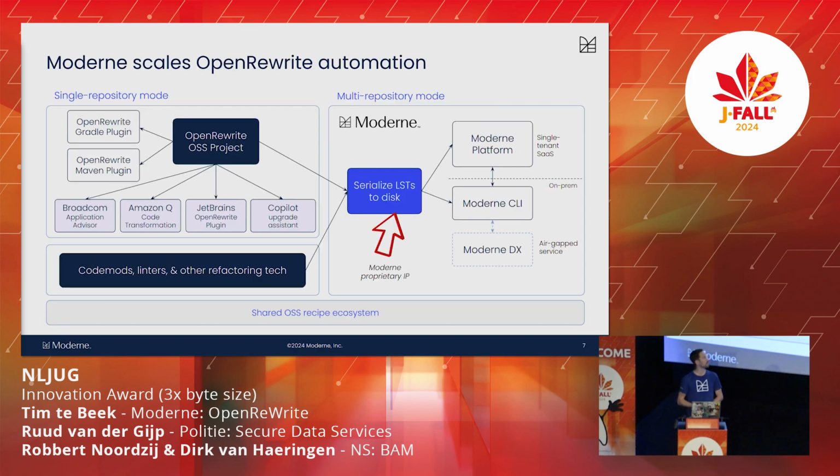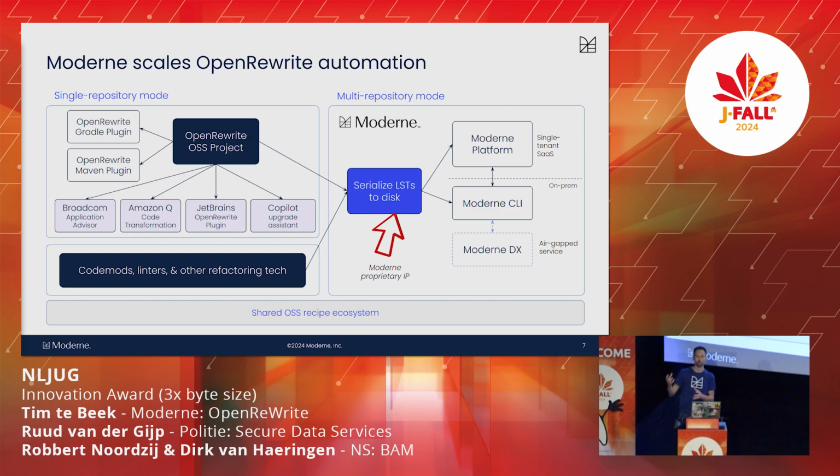And you can see that very nicely in the next slide, where on the left you have Open Rewrite. Again, Apache license open source project. You can run it for free on your own PC tomorrow. It is even integrated into the JetBrains Ultimate Edition. So if you have that, you already have Open Rewrite on your computer. You can already run recipes with the click of a button right on your PC. And if you want to use our open source plugins for Maven and Gradle, then we have those in the top left corner as well. And then there's other tools, like I said, Broadcom, Amazon, Microsoft, all of them coming out with integrations of Open Rewrite. But what none of them have is what is unique on the right-hand side, which is that blue box,